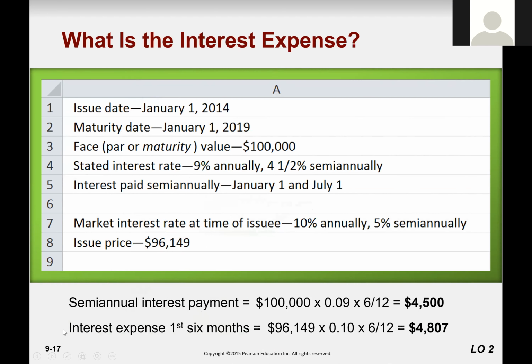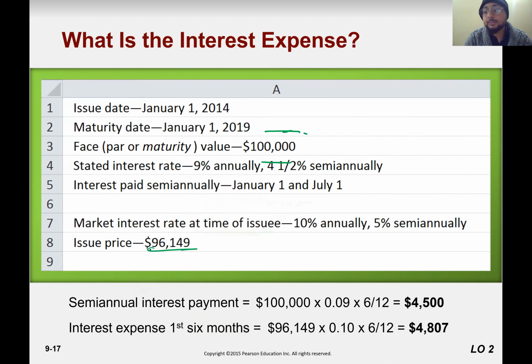So interest payment, when we say payment, it actually means cash is going out from your pocket. It is based on coupon rate. The company promised to pay 9% every year, so the company will pay 9% every year. So that is its payment. Interest payment is based on coupon, and coupon is based on the stated value or future value or maturity value or par value of the bond, right? But interest expense is based on market rate times market price.